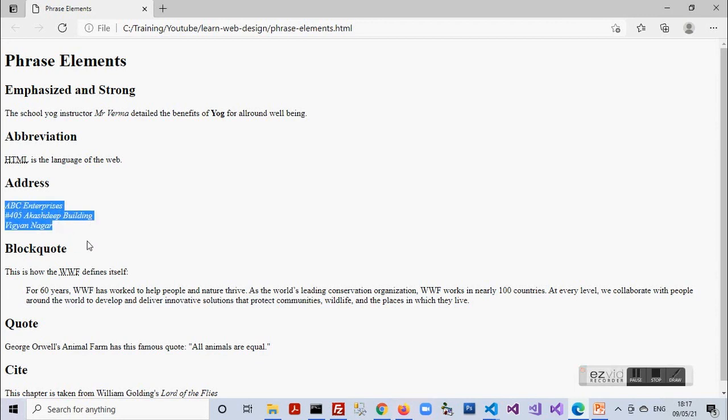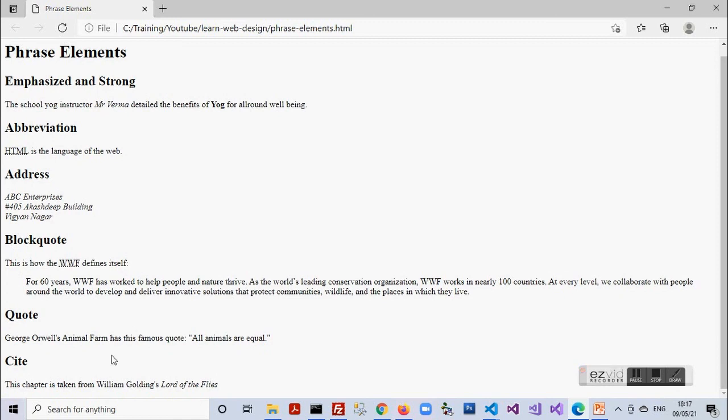So now moving on to block quote. The content within block quote is indented. Moving on to quote, I see all animals are equal has been enclosed within quotation marks. This is automatically done by the browser. And the cite tag makes the text italics.